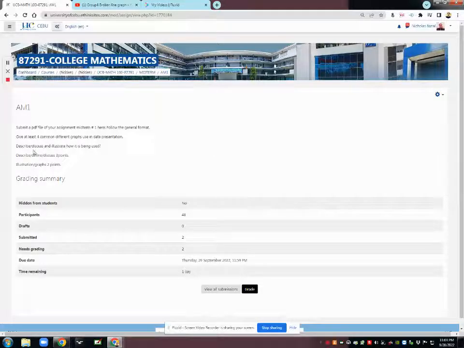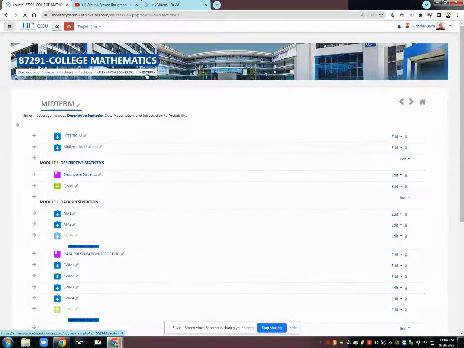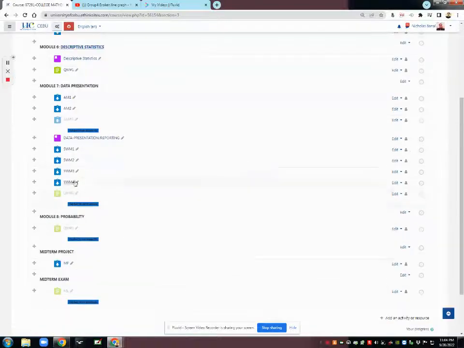First, you have your assignment midterm number 1. You're going to describe, discuss, and illustrate. So how is this being used? For the description, definition, and discussion, you're going to have 3 points. And then for the illustration and graphs, for example problem solving, including the graphs, you have 2 points. So all in all, you're going to multiply that by 4, so you have 20 points for your assignment midterm number 2. Okay, so next we're going to have our midterm